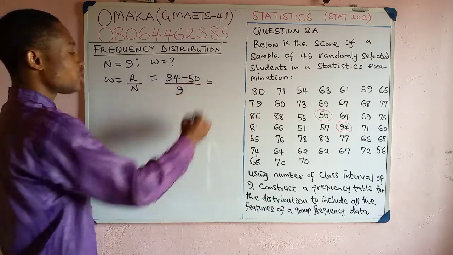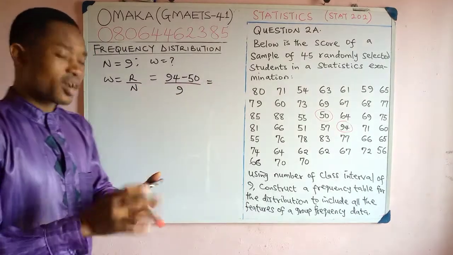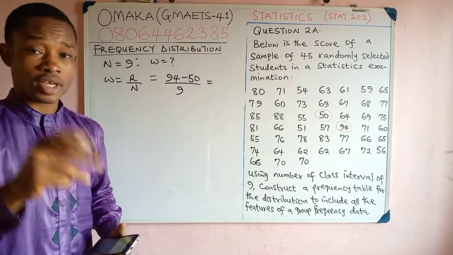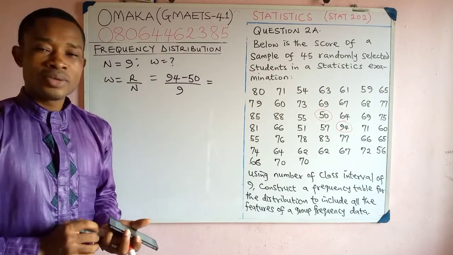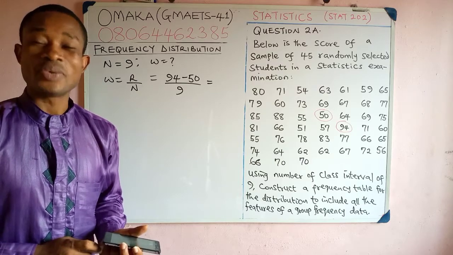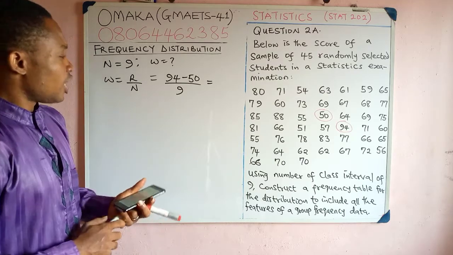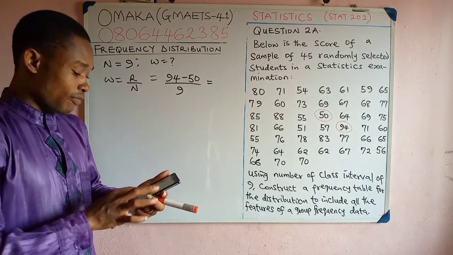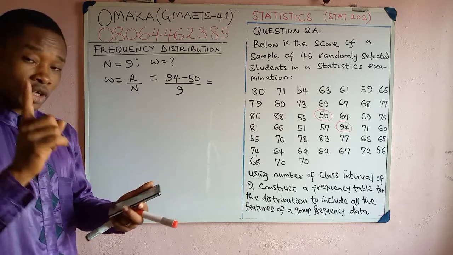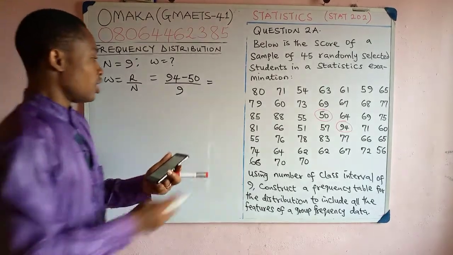Of course, if you punch this in your calculator, please, you need your calculator as your best friend in this course. Take note, because you are going to punch and punch calculators. Now, let's work this and see. 94 minus 50 is giving me 44, and then divided by 9, you're going to have